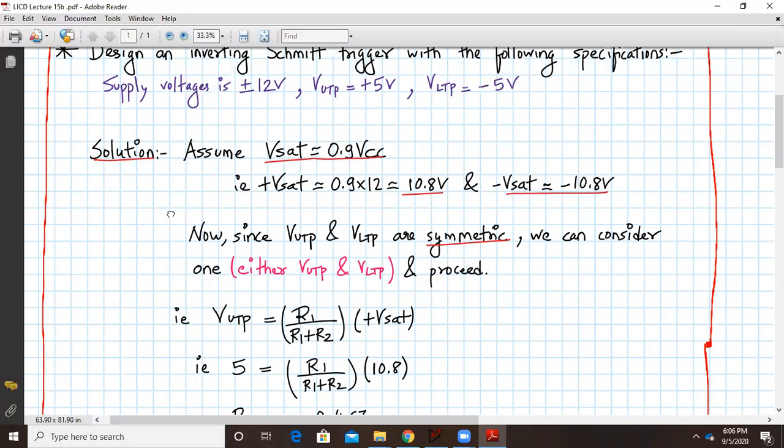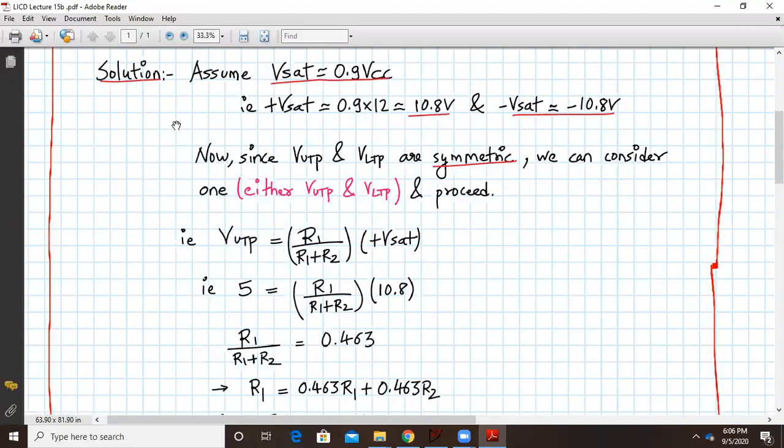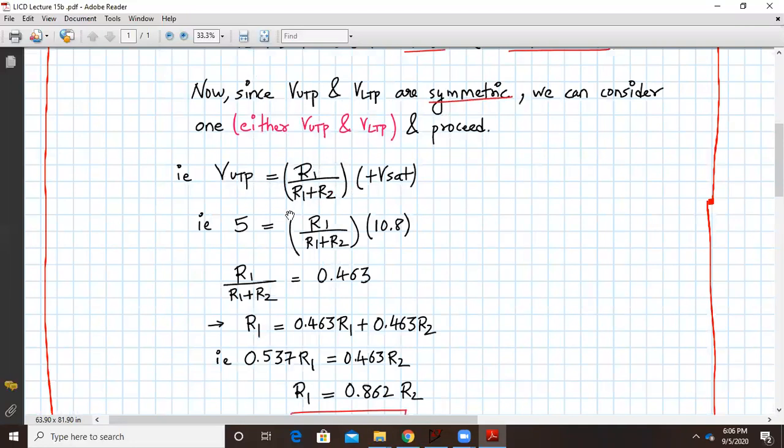Since the UTP and LTP are symmetric, we can consider either one, UTP or LTP, and proceed. Because magnitude wise both are the same, the LTP will be R1 upon R1 plus R2 into minus VSAT. So that will be minus 5 equals R1 upon R1 plus R2 into minus 10.8, which leads to the same thing. So we consider V UTP as R1 upon R1 plus R2 into plus VSAT. V UTP value is 5, R1 upon R1 plus R2 into 10.8. So we get R1 upon R1 plus R2 as